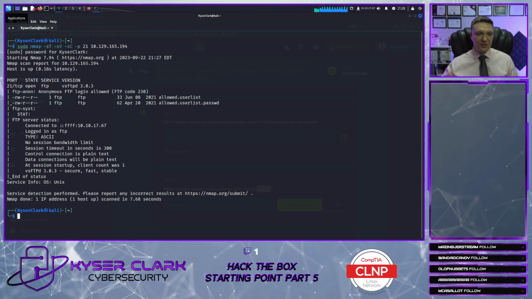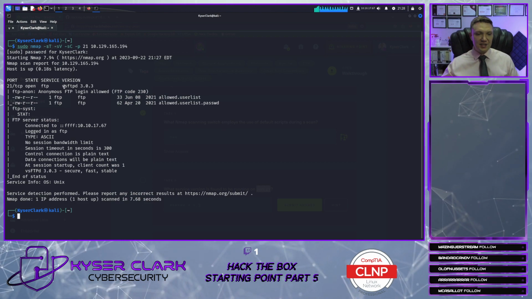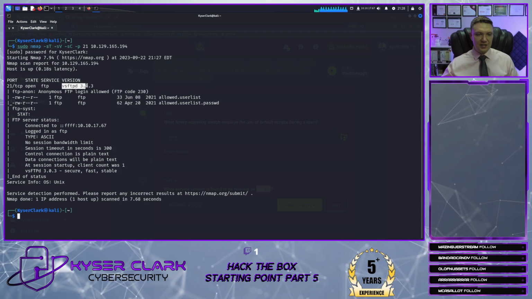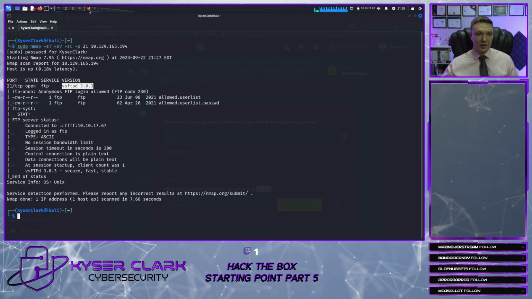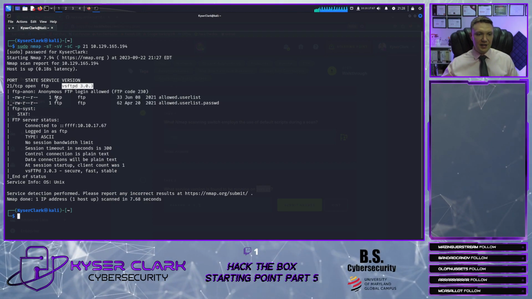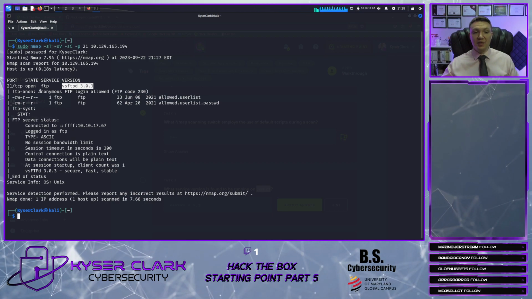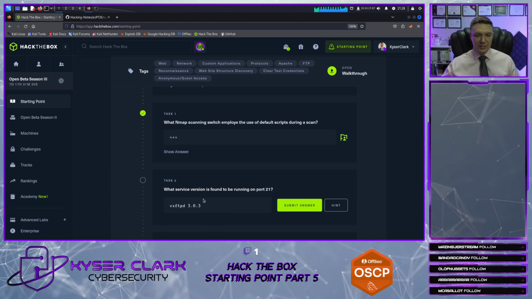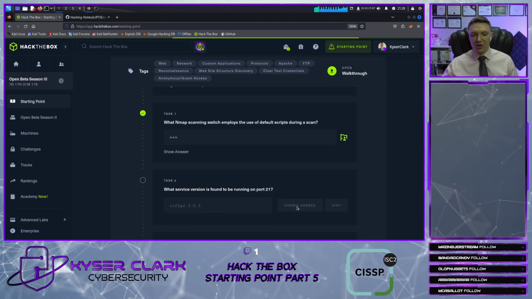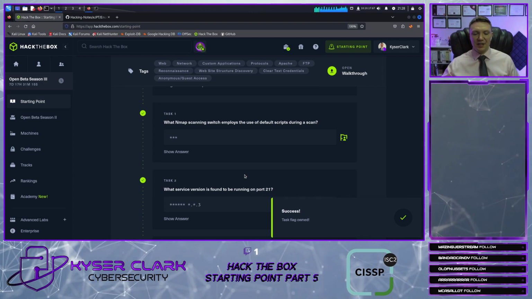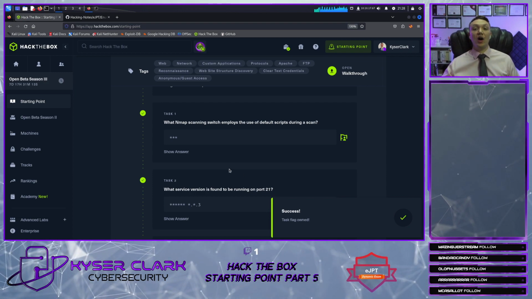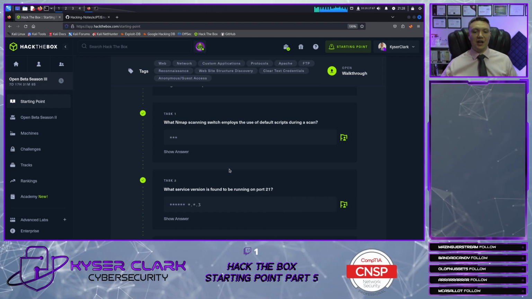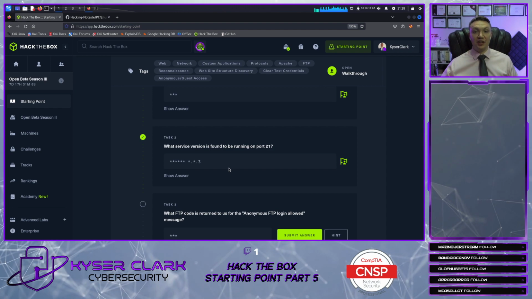So we got vsftpd 3.0.3. So this is their version right here. And once again, it is FTP, and anonymous login is allowed, so that is a huge security vulnerability. Well, I guess it wouldn't be as impactful if you didn't have anything on that share. But if there's sensitive information in your FTP,